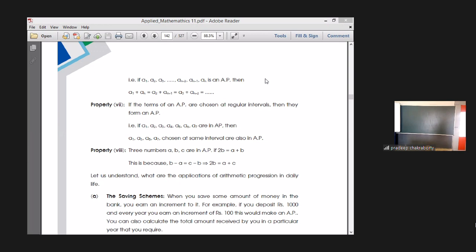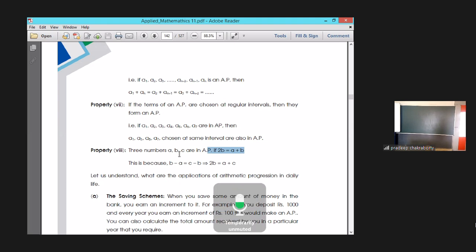Here you see in this one, this is wrong. What they have written, this part is wrong. The lower one is correct because B minus A is equal to C minus B, since they are in AP. So we have a common difference D between them. So B minus A equal to C minus B. If we simplify that, transferring B to the left side and transposing A to the right side, we get twice B equal to A plus C. So when the three terms are in AP, we can write twice B equal to A plus C. That is the relation between these three consecutive terms in AP.